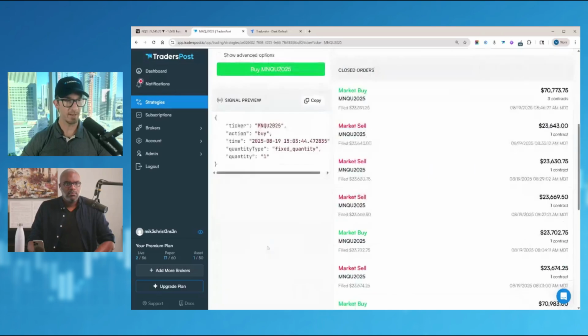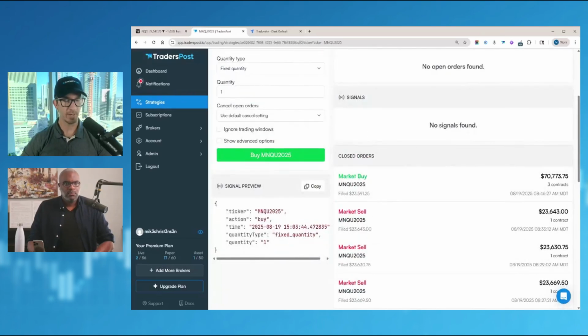So I'm going to set up a template here for the MNQ symbol that we're going to buy or sell, but I'm going to replace it with some TradingView placeholders that TradingView uses to send over the data that we're going to need, including things like time